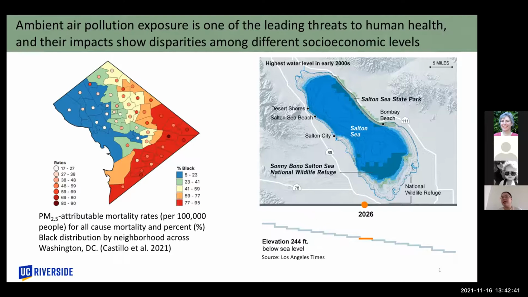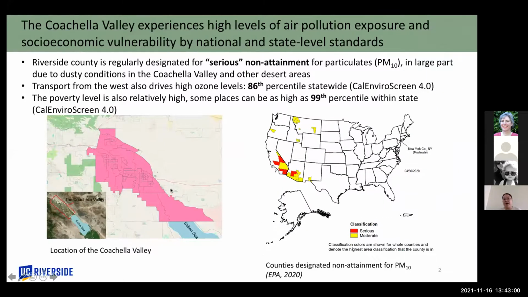And Salton Sea is one of such inland lakes that has been shrinking for many years, and it has already caused air quality and public health concerns for the local residents. The Coachella Valley is an area that contains several cities located at the north end of the Salton Sea, and it has experienced very high levels of both air pollution and socioeconomic vulnerabilities by both the national and the state